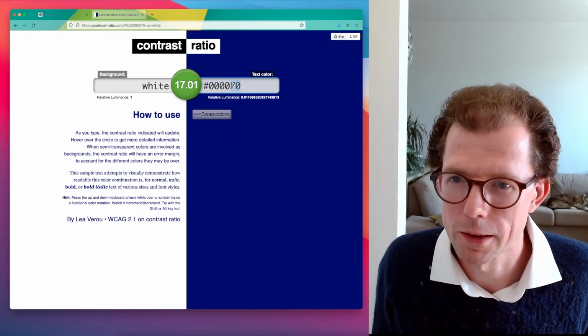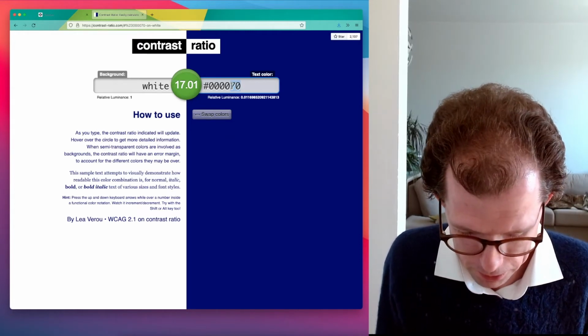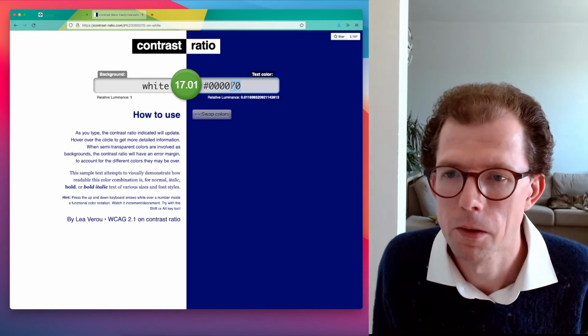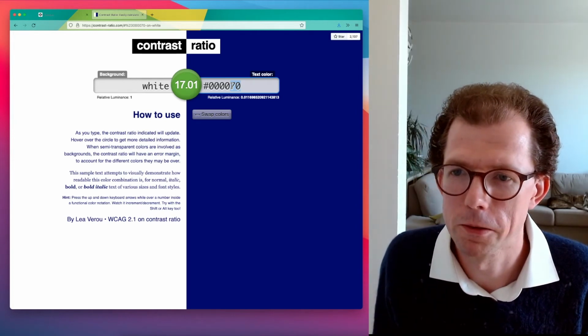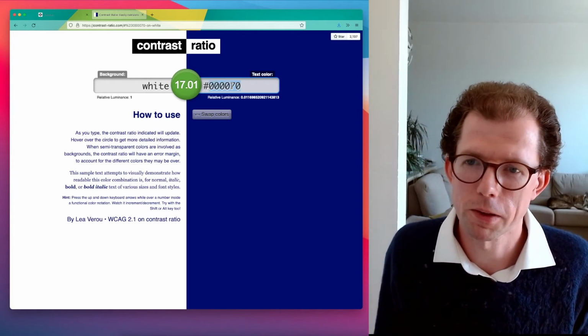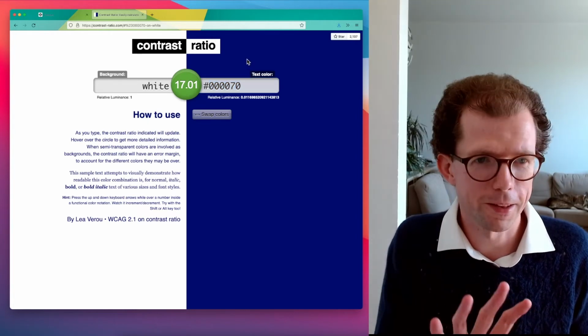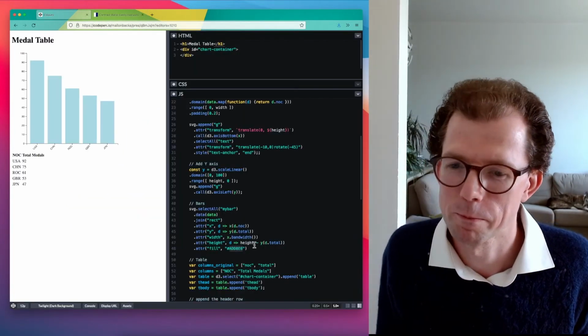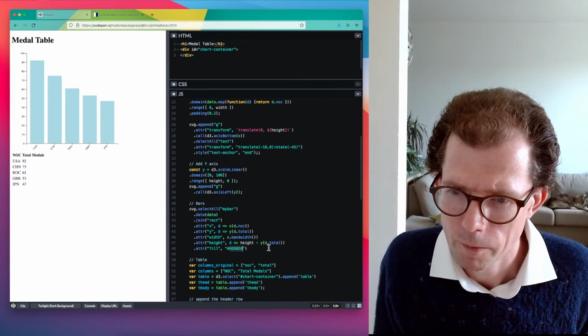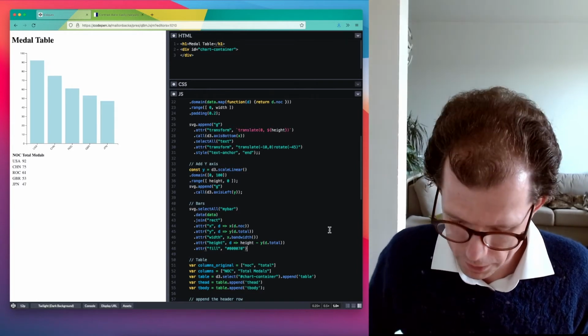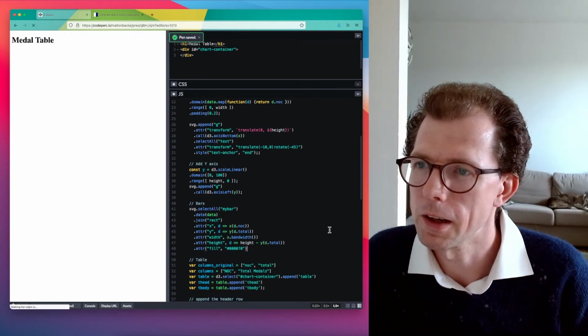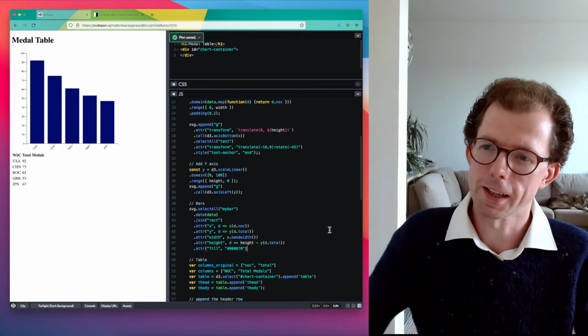You can tweak this a little bit. You can probably get quite high on this, but let's go for something that really works rather than trying to squeeze the lightest color we can out of this. Okay, so that goes in there, and let's see how it looks now. All right, really clear, almost black.